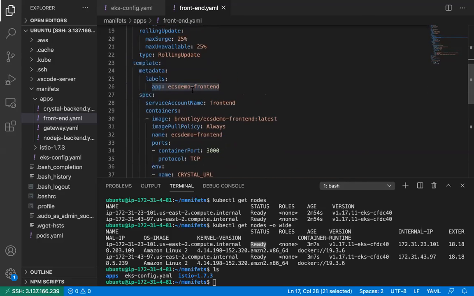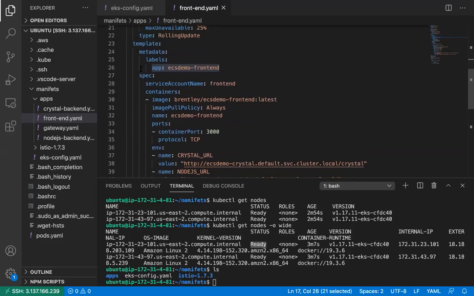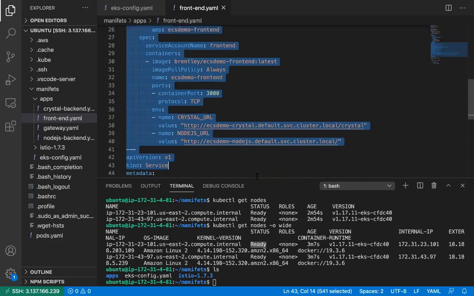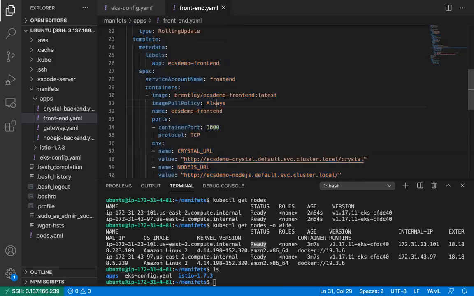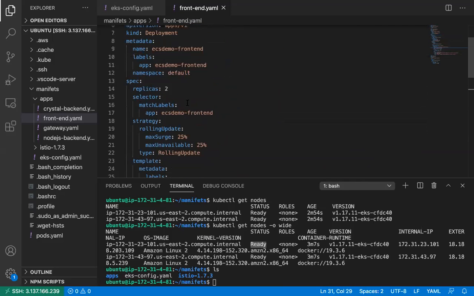Suppose, see here, this metadata is like your pod, right? And suppose this pod is running and here you need 2 replicas. So how will your Kubernetes understand, like you,